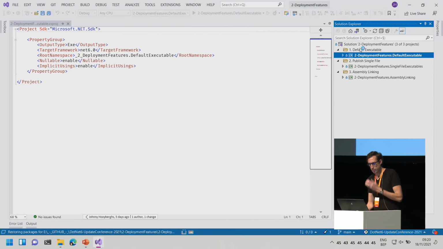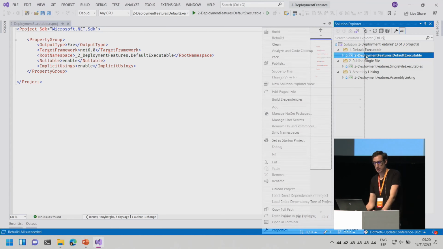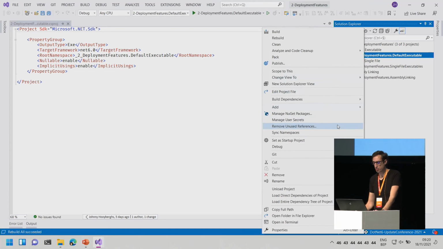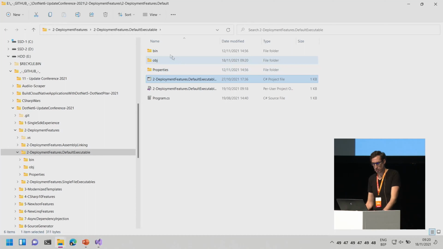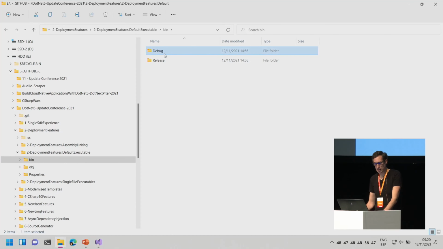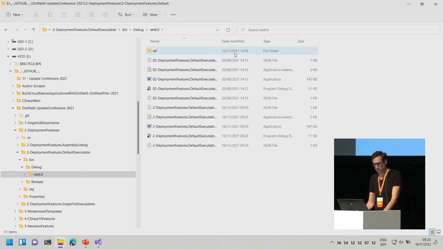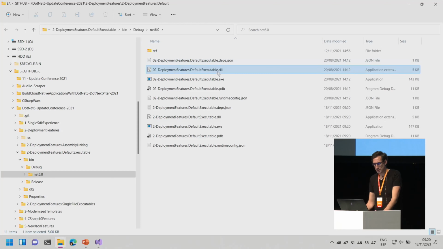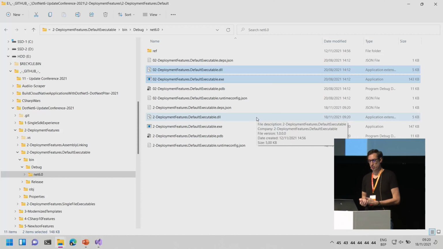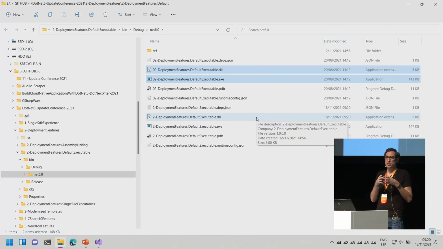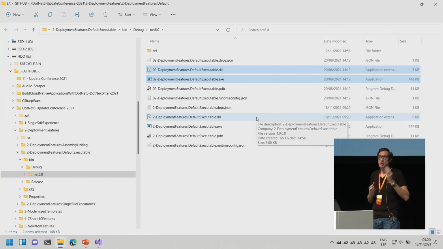First of all, if you build an application in .NET Core or .NET, it's not really a new .NET 6 feature. It's already in .NET Core, but maybe you don't know. If I compile a console application, you need to be very careful. There's always going to be a DLL and an executable, and this is what they call the default executable. Basically, all the .NET code that you are writing in your console application is not in the executable, it's in the DLL file. So your DLL is your .NET assembly.